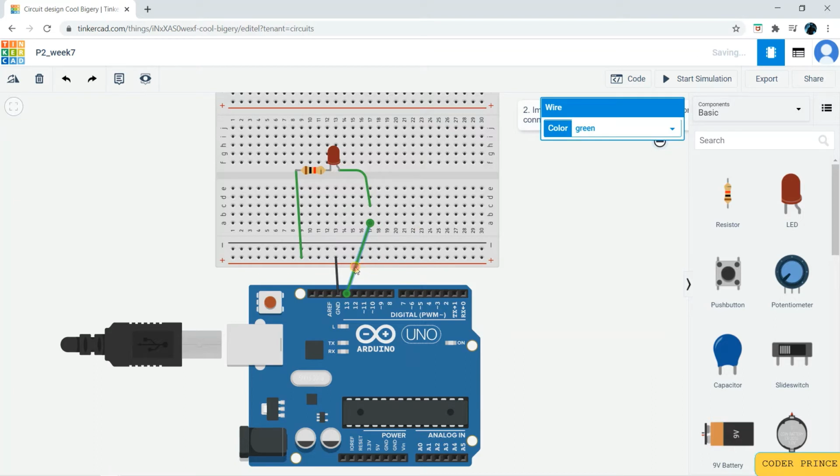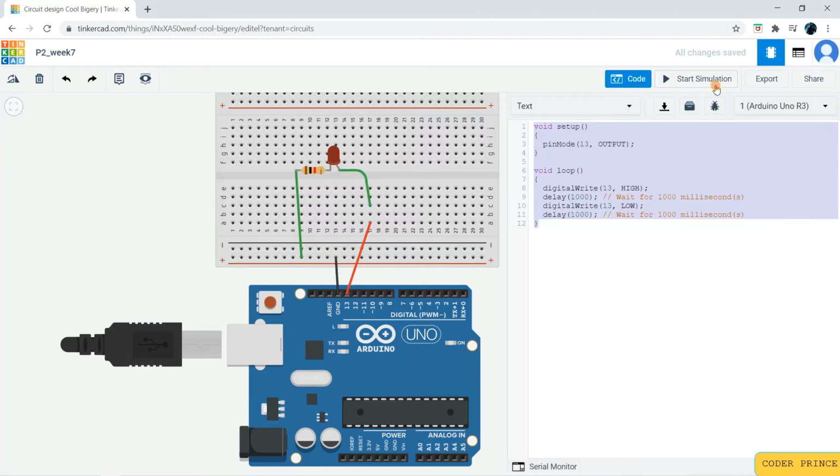You can make the alignment even better, and change the color to red or whatever color you want to have. Now it's fine, but if you are going with a more complex structure, then it will be a tedious task to debug any wrong connections, right? So you have to take care of the alignment as well as the color of the wires. This has to come in the same column, and here we have grounded the circuit, but this doesn't require any code, so you can just run it.